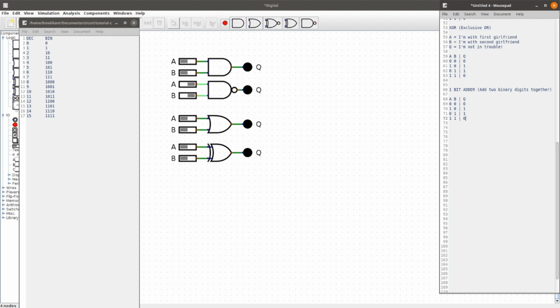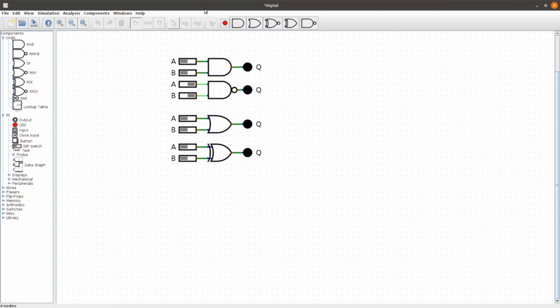And 1 and 1 yields 0. Well, I think this table looks a little bit like this table right here. So we can do what's called half adder addition. So let's stop this. And if we look at this XOR gate down here, we can see that if we